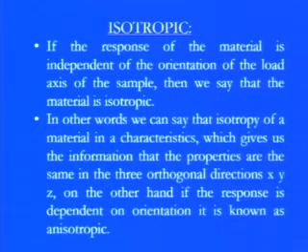So first of all, in this category the first key feature is, if we are talking about the isotropic property of a material. Say we have a ductile material, but if it is showing the isotropic one, if the response of a material is independent of the orientation of the load axis of the sample, then we can say that the material is isotropic. Isotropic means irrespective of what the orientation is, at what angle it is put,